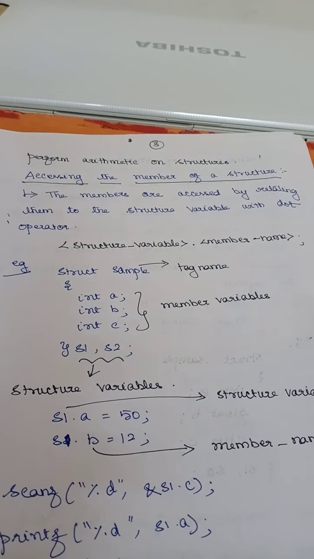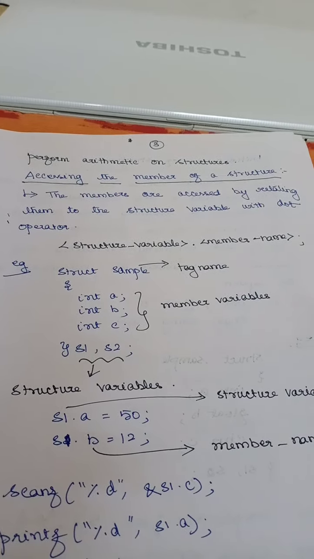In an array, how will you access your array elements? You use an index, A of 0. What is A of 0? It refers to the 0th element in an array. So you need to have some method to access an element, because in an array I've got more than one element. So how do you access all these elements? In a structure, you have a structure variable. The syntax is the structure variable, dot, the member name.